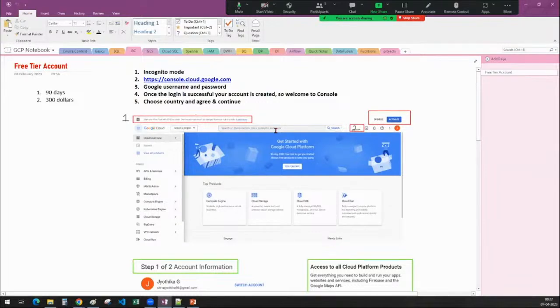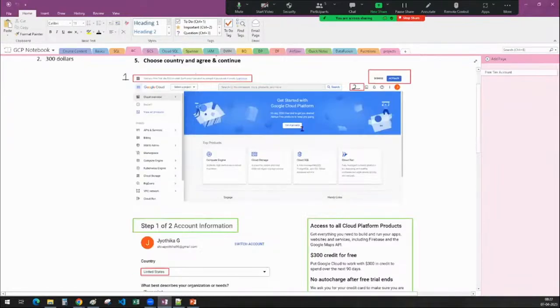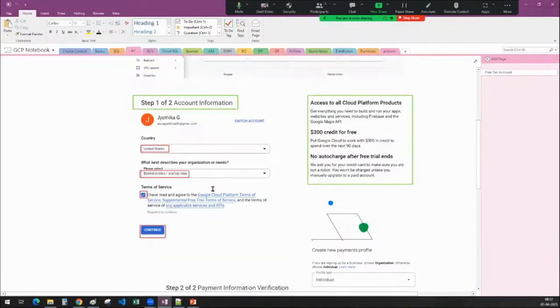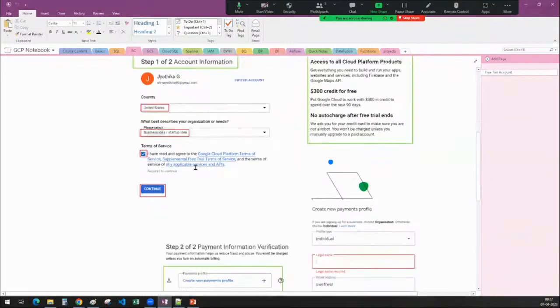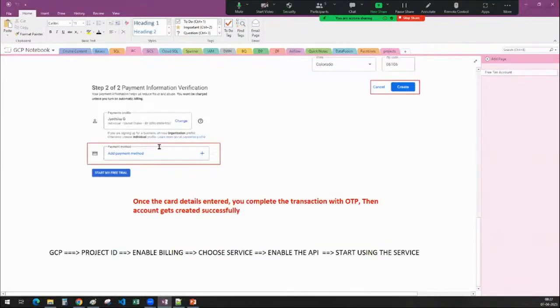Once the login is successful, go to the console and click on the activate button or try for free. There will be two steps. One is you have to enter your country name and organization name. After that, you have to enter your payment information. Once the card details are entered, you have to complete the transaction with OTP. Then the account gets successfully created. So this is it.